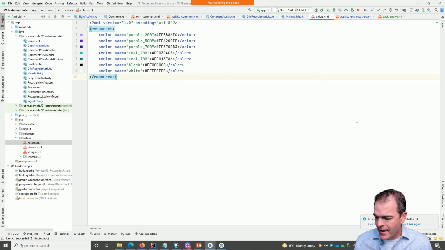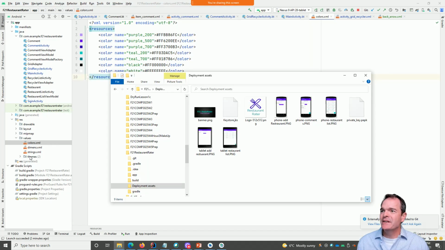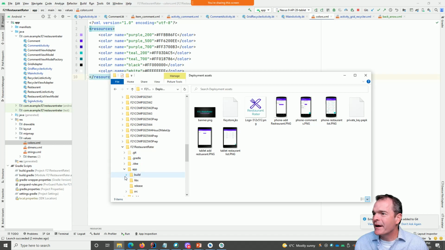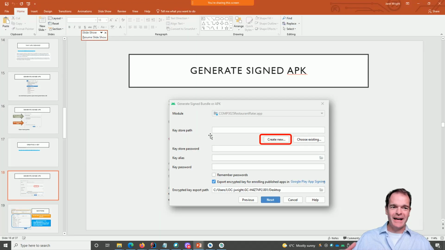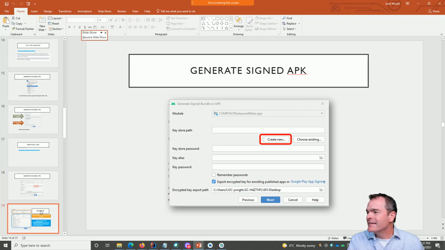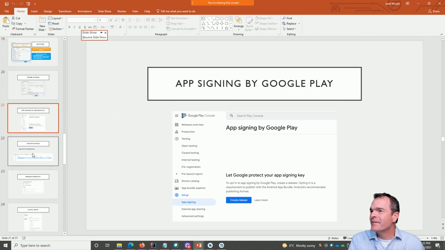So now we've got that piece. We've got all the images we need. We've got my AAB. Oh yeah, that's over here under releases. Yeah, so we're good. Okay. So now we've got all the assets we need, and we've got our signed bundle,